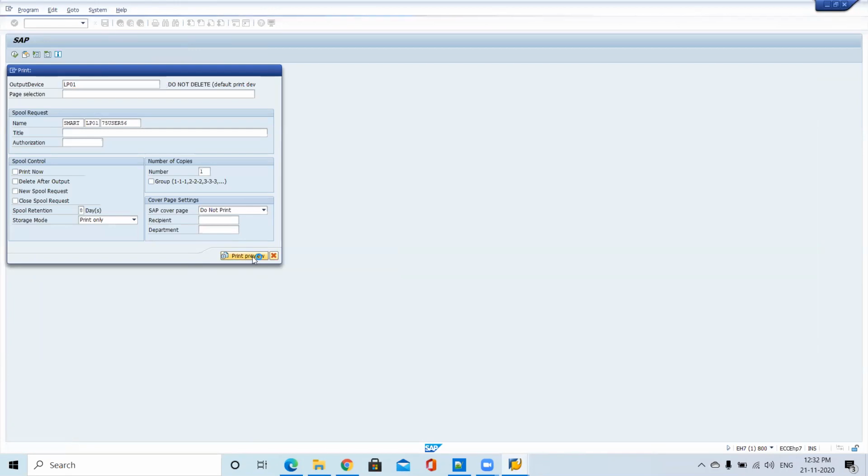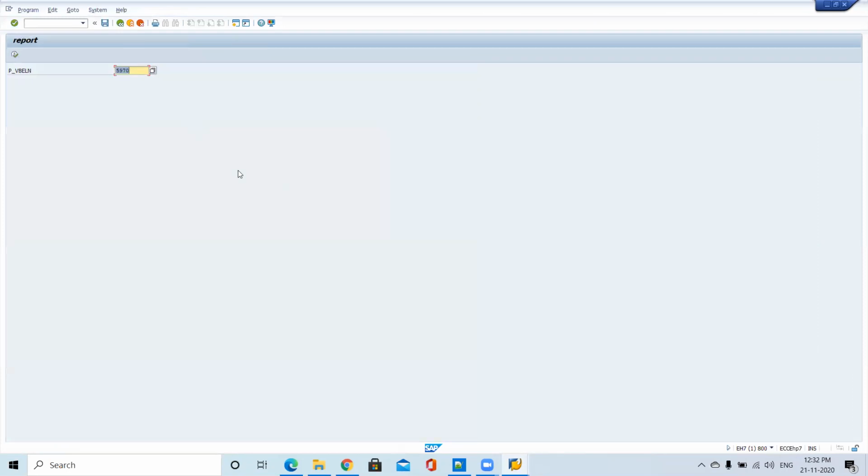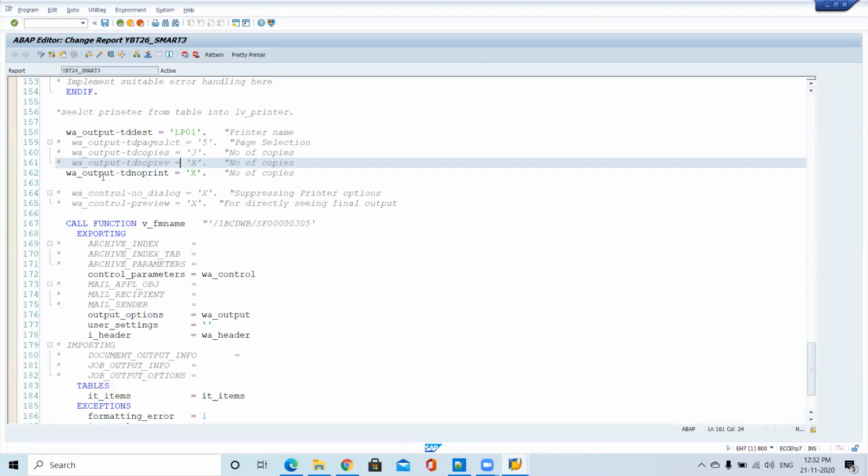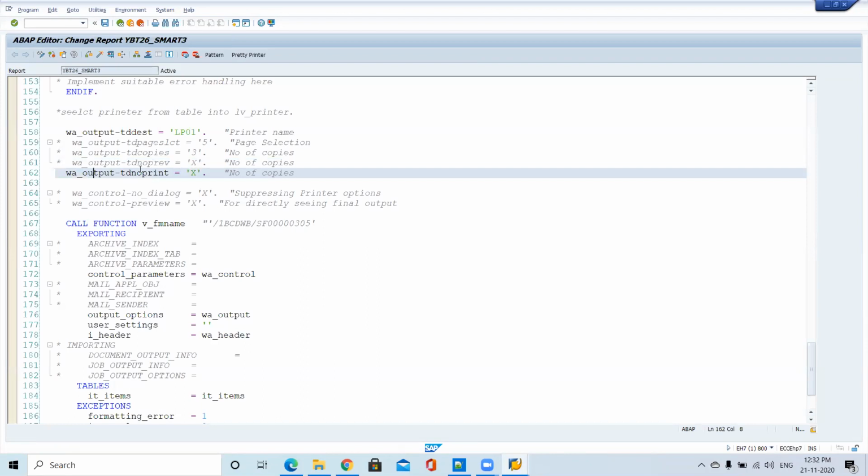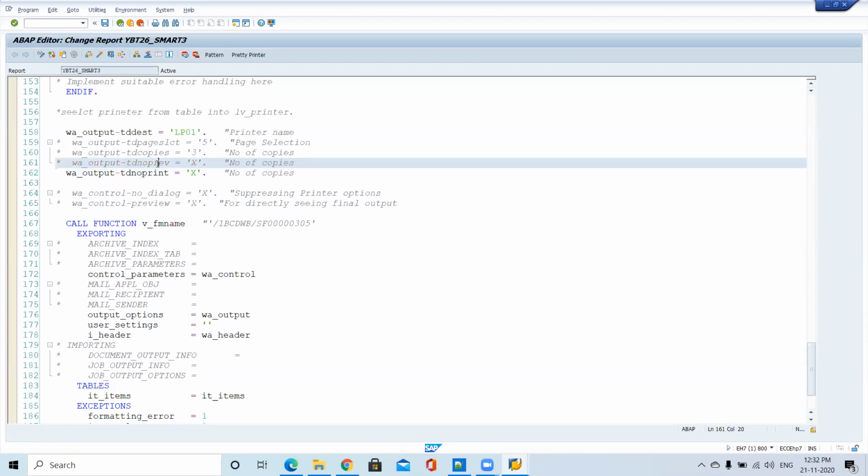At the time of calling, they will directly open and check the information and tell you, but they can't take the print. So for a few people we want to restrict the preview option, and for a few people we give only the print option. If you want to do that, we have that option at the output level: TD no print, TD no preview. Okay, it's clear.